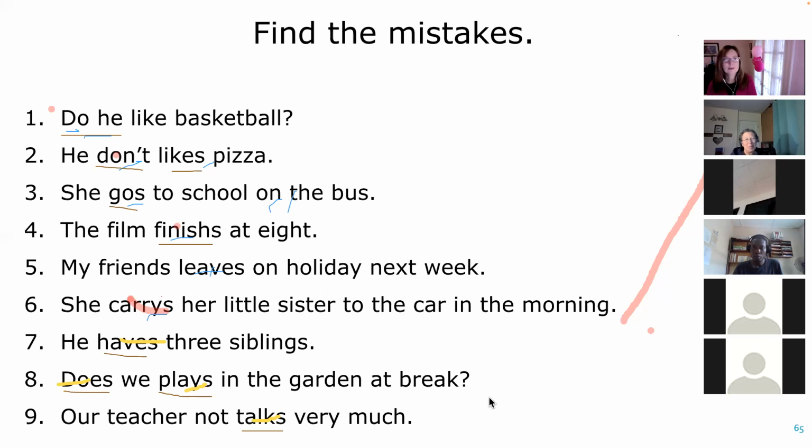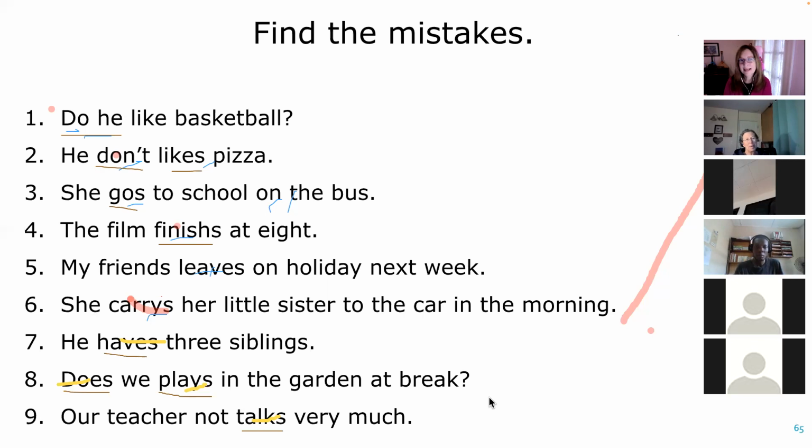So just to give kind of the background, as a native speaker, I can just tell you those are wrong. But as an explanation, it's a third person singular question, so it has to use does in the question. Great. And then